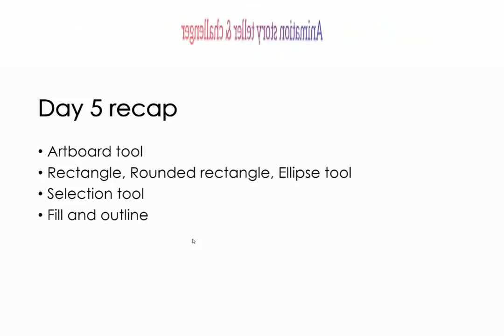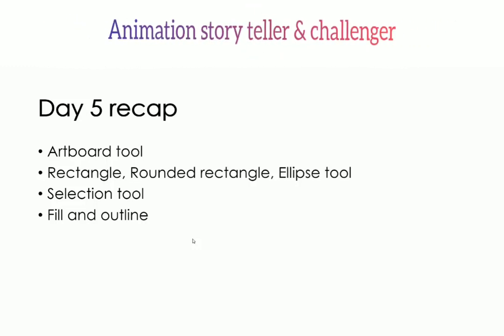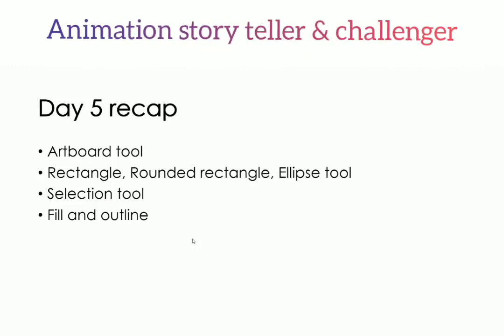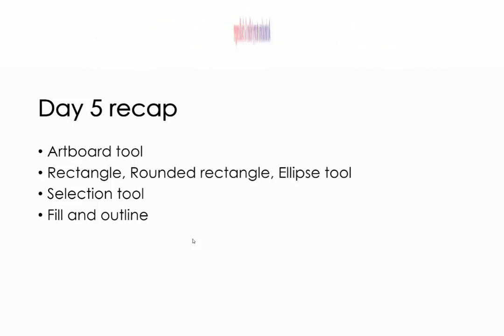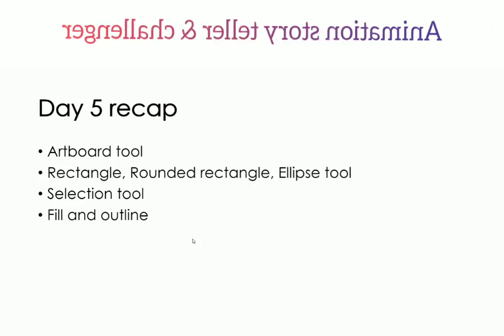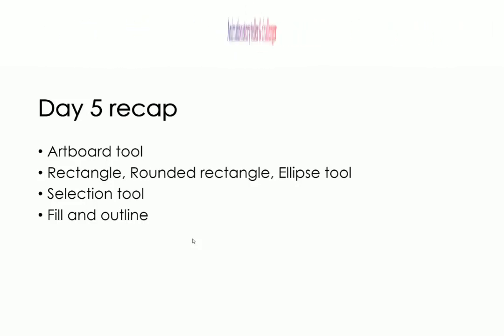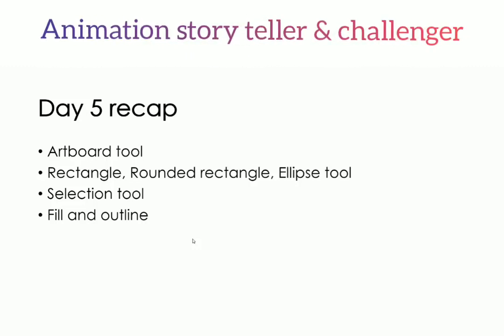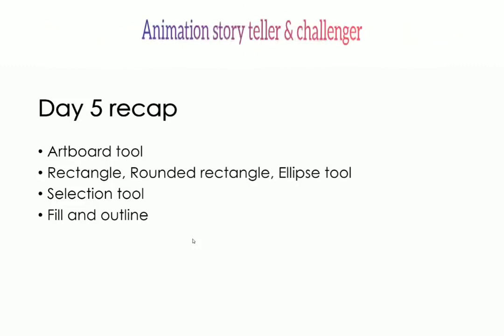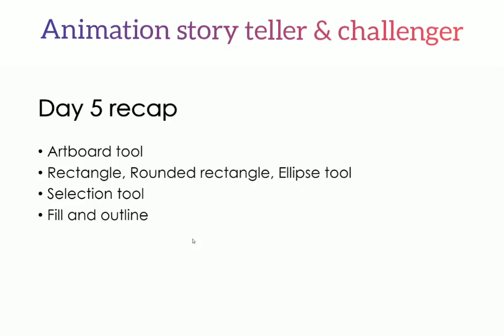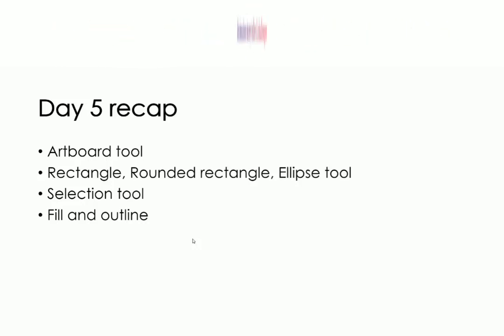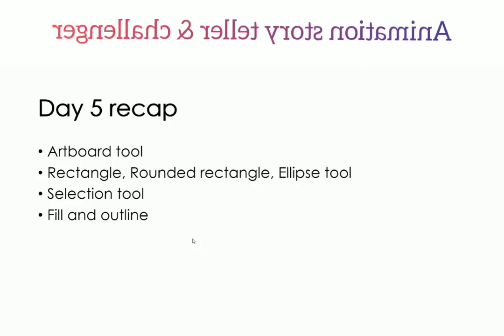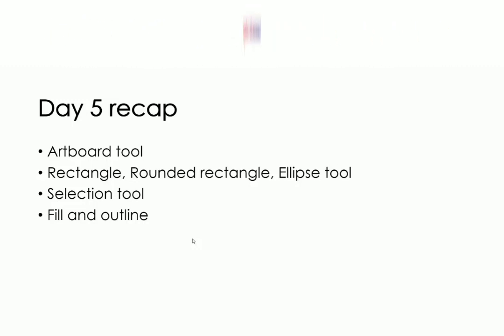So moving on, we learned about the rectangle tool, rounded rectangle tool and ellipse tool. Now these tools are used to create rectangular, rounded rectangular and circular shapes. Along with it, we saw the implementation of Shift, Alt, and up and down arrow keys and how they provide an extra level of control to our shapes. After that, we learned about the selection tool, how we can select and move the shapes around, and how to delete them.